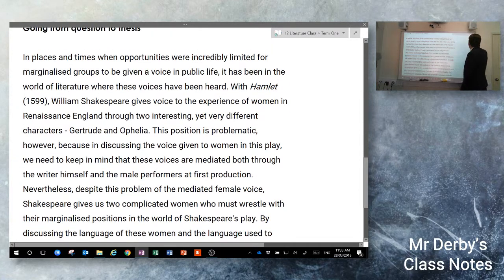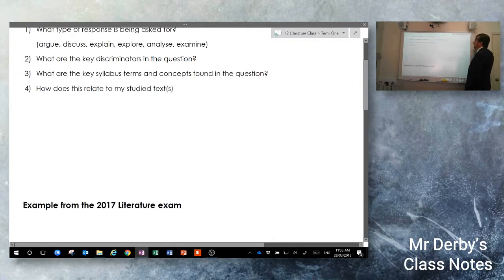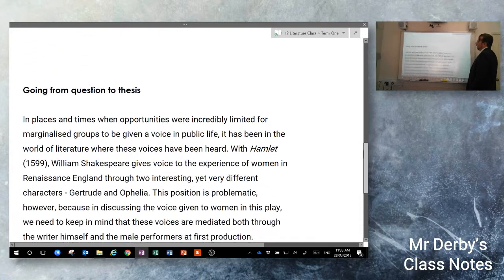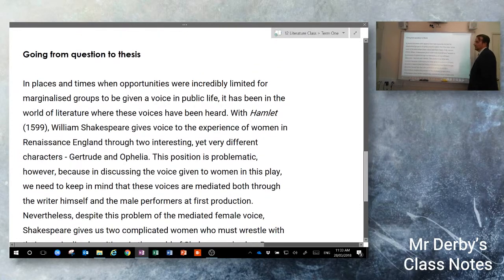So how do we go from question to thesis? Let me just drag this bit up a bit. So how do we go from having that question to getting to a thesis, getting to a strong introduction? I'm going to be using Hamlet here as my example, and I'll read it to you and we'll talk